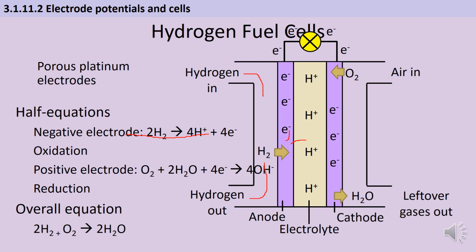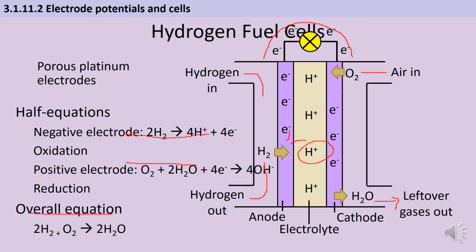Meanwhile, over at the cathode side of things, some air or possibly some pure oxygen is being pumped in, and this oxygen is going to react with some water and be reduced and pick up some electrons to make some hydroxide ions. And what's going to end up happening is that they then join together with the hydrogen ions to make water, and the water is going to be released along with any leftover air that wasn't used. So we end up with an overall equation that is just hydrogen plus oxygen reacts to make water. And we've also got a wire up here that the electrons are actually travelling through to get from the anode